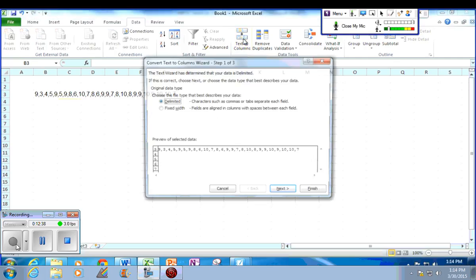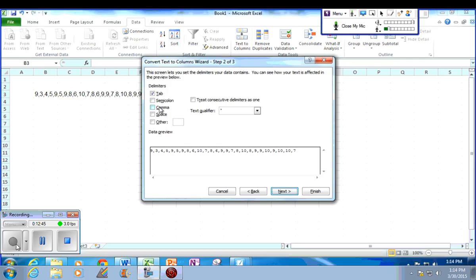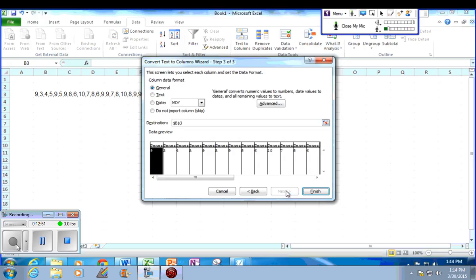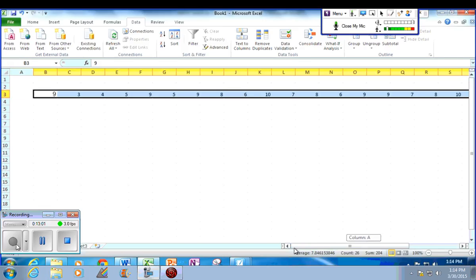That's what I think I want to do. And comma. There we go. General. There we are. So I've converted the data to columns. They were separated by commas. And so now what I want to do is